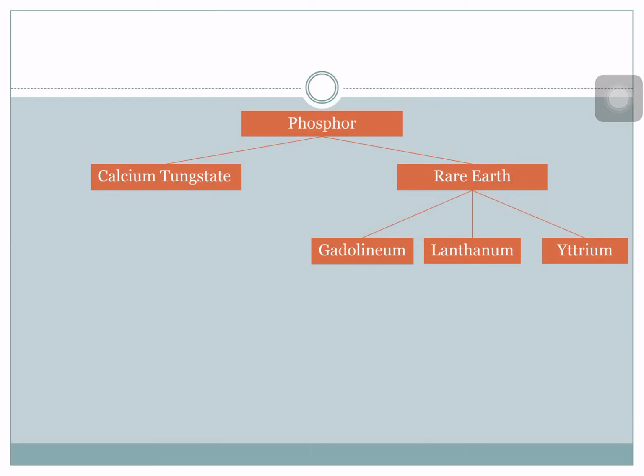For our phosphor, we have two types of materials that were used, and that is calcium tungstate and rare earth. Calcium tungstate is the active substance of most phosphors before about 1980. These are crystalline calcium tungstate embedded in a polymer matrix. This was developed by Thomas Edison within 1 year of Roentgen's discovery of X-rays, because the phosphor that was used